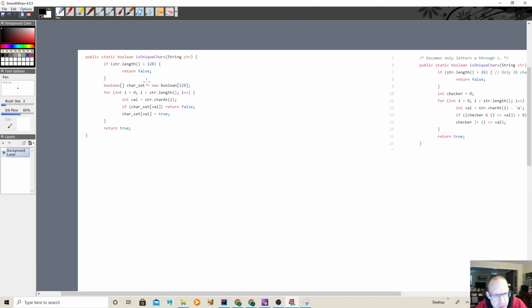What's happening here is this. You first check: if the string length is greater than 128, you're going to have a repeat. Why is that? Well, you'll have every letter in the alphabet more than once. So what you do is make a new character set that has 128 slots for Booleans. Now, where does that 128 come from? Well, if you look at ASCII,